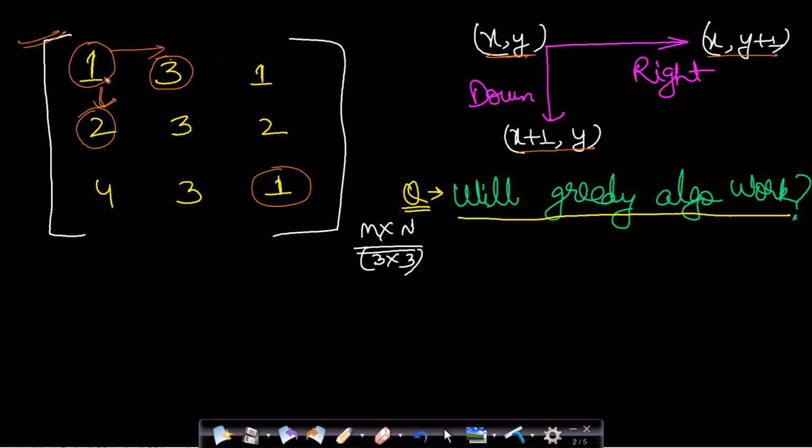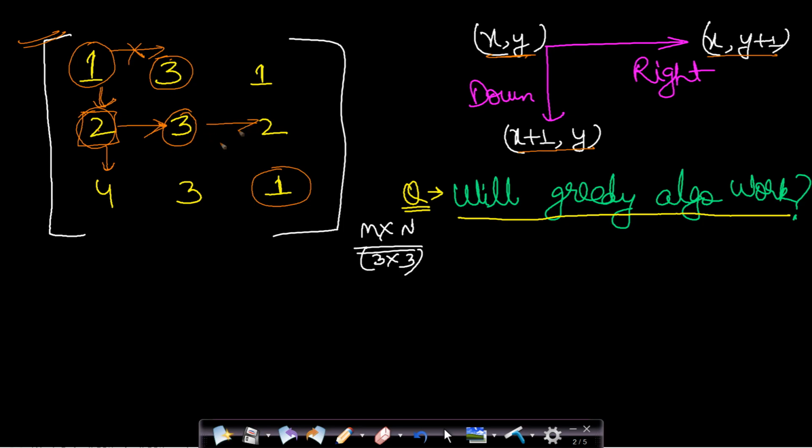So we will not take the route to 3, but we will go to 2. From this 2, we again have two options, 3 or 4. We take the minimum of 3 and 4, and going to 3 is good for us. So we will go to 3.